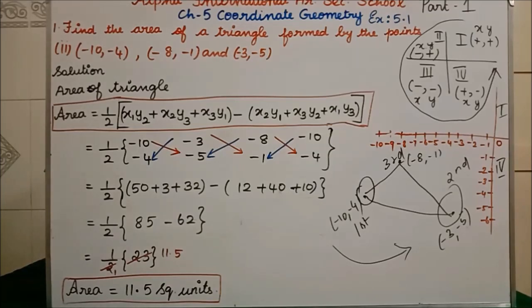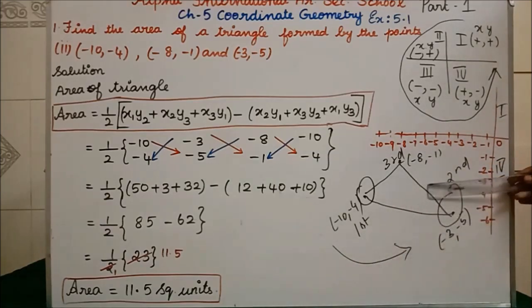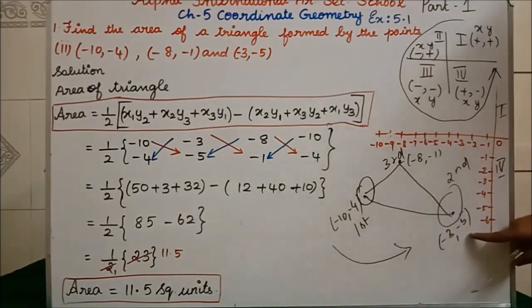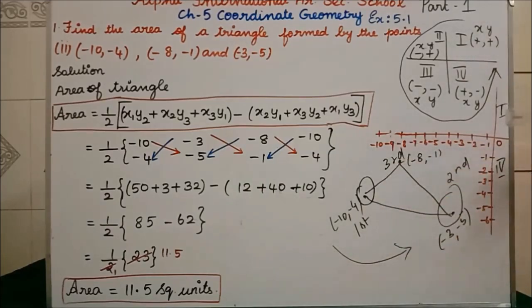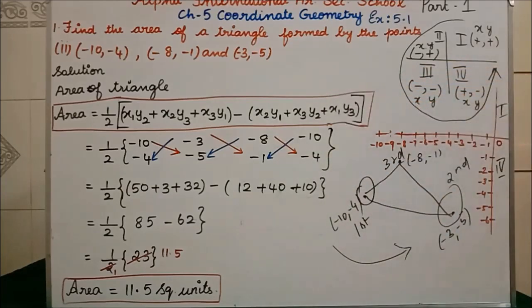So only we are going to plot the points in the graph. Afterwards we are going to take the points in the anti-clockwise direction. Clear? You are going to plot the graph roughly. Afterwards you have to take first point, what is that? That is our first point. Then in anti-clockwise direction, which is our second point, this, and then this is our third point. So according to it we have to write here, and then only we have to start cross multiplication. Clear all of you the first question?